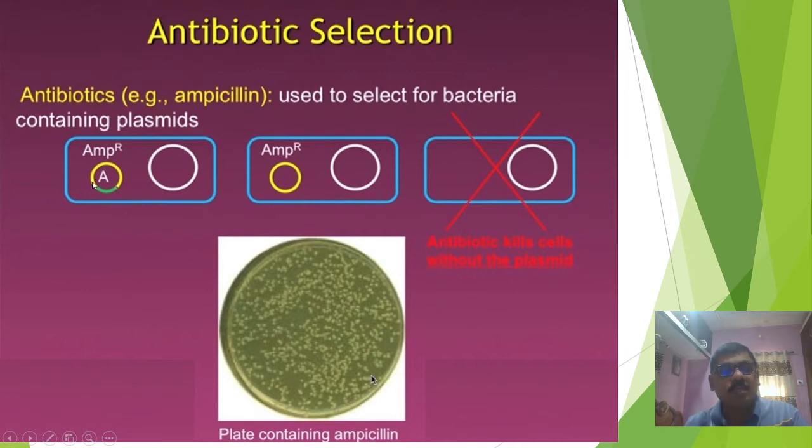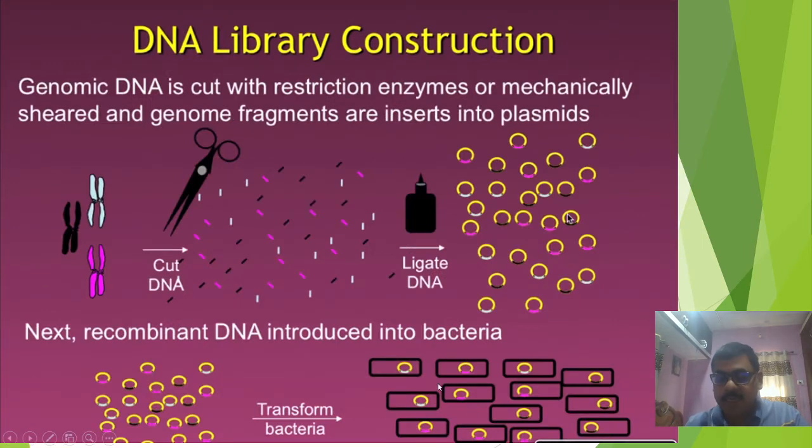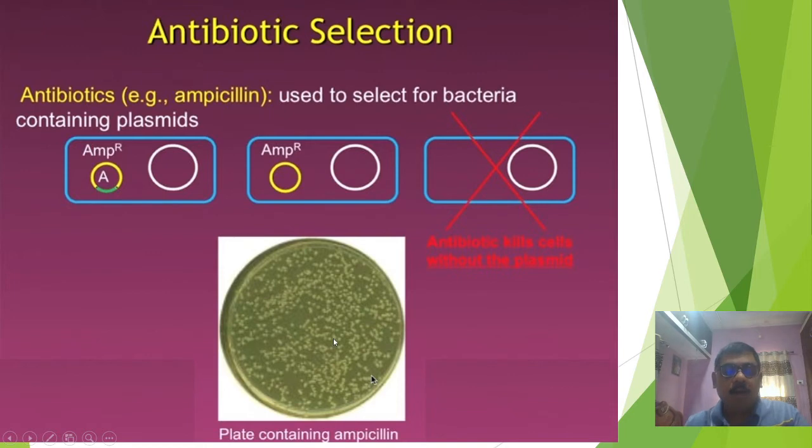Why? Because in this plasmid, we have selected such cells which are antibiotic resistant. So when you are culturing all these cells, what will happen? Only those cells having the gene along with the plasmid will survive. Other cells will die. Only the ampicillin resistant cells, only those with the plasmid, will survive, and other cells will die off. That is how we are identifying the cells which have taken this type of recombinant DNA molecule in it.